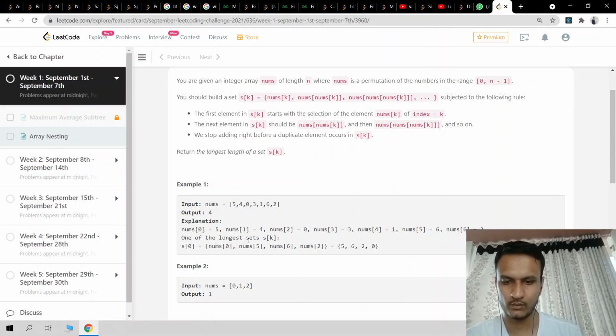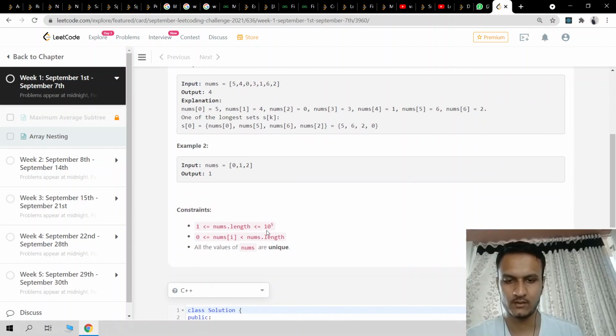This is the given. So the longest set is nums[0], go to 5, then nums[5], then go to 6, nums[6], then go to nums[2], and then this is my set 5 6 2 0, and again after 2 I will get the duplicate at 0, so I will stop.